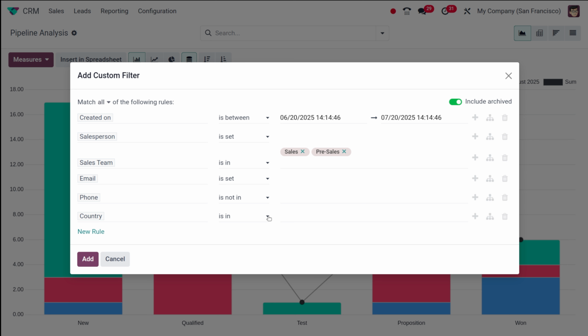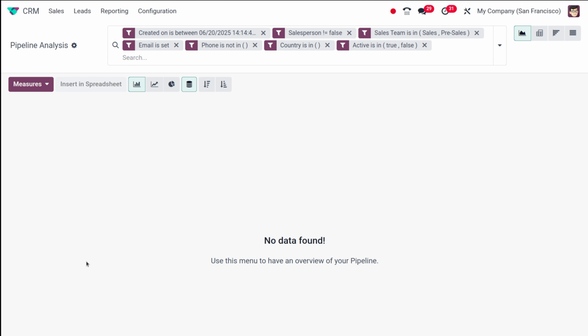So you have to remember, because we've selected match, every lead in this report will meet all of your defined criteria, not any one, right? So once all your quality lead filters are set, you have to click on what? Add. So this is done. I'm clicking on add. Okay, you have these many things. So right now in our system, we don't have any which is meeting all the criteria.